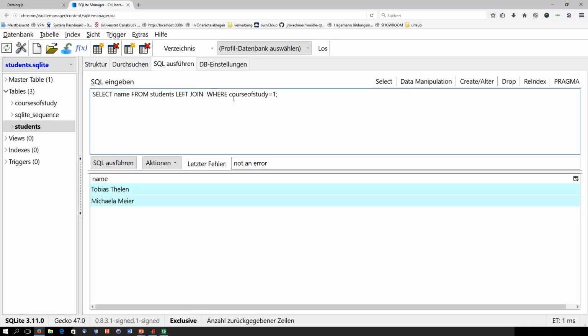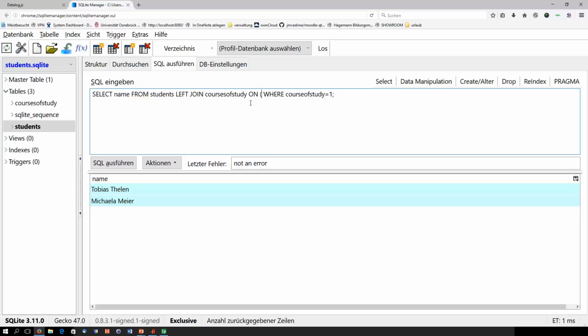Then I join these tables. Joining means I make one larger table out of two tables. Typically I have as many rows as the left table has, so I get as many rows as the students table has, and information from the courses of study table is added, but I must tell the system how to identify the